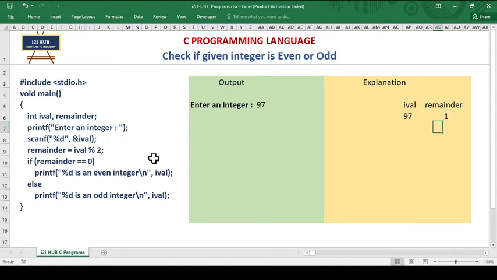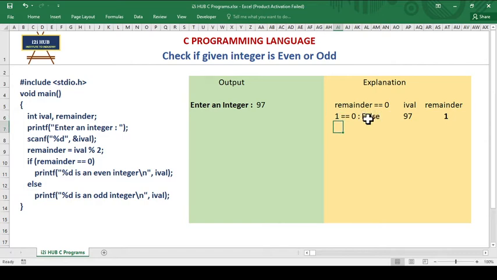Now next, if remainder is equal to 0, so I am checking one condition. If it is true or false, depending on that it will go to the if or else block. Now remainder value is 1. Is 1 equal to 0? It is false.